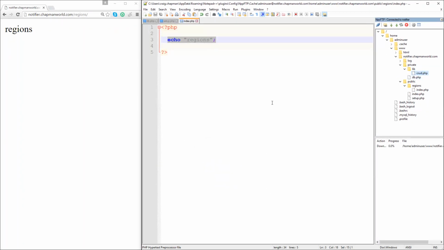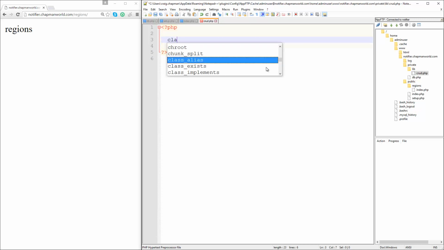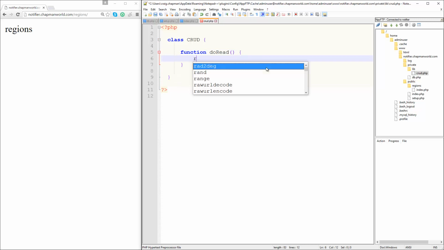Okay, now crud.php is just going to be a base class file. We're going to put a class in here called CRUD. So let's create that class, CRUD, and we need a few methods in here. Now this is CRUD, so I'm going to use function do read, and for the moment let's just return,